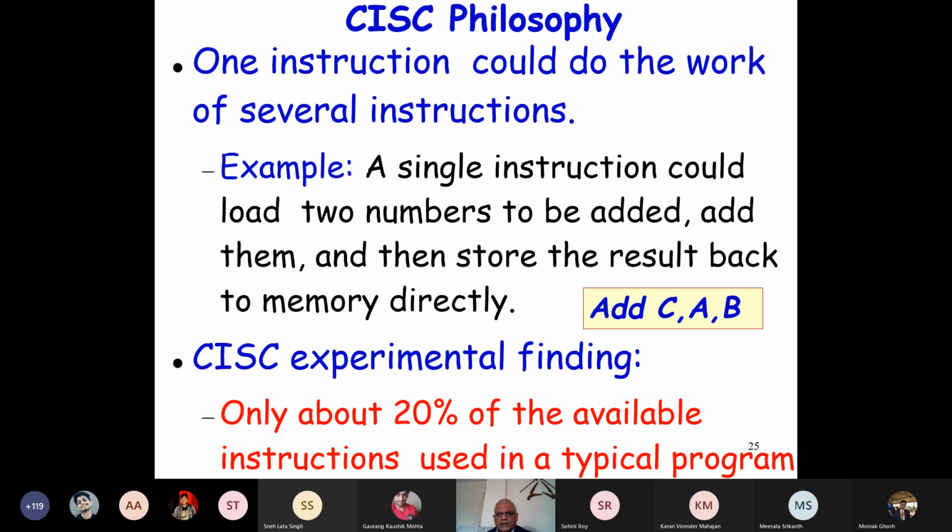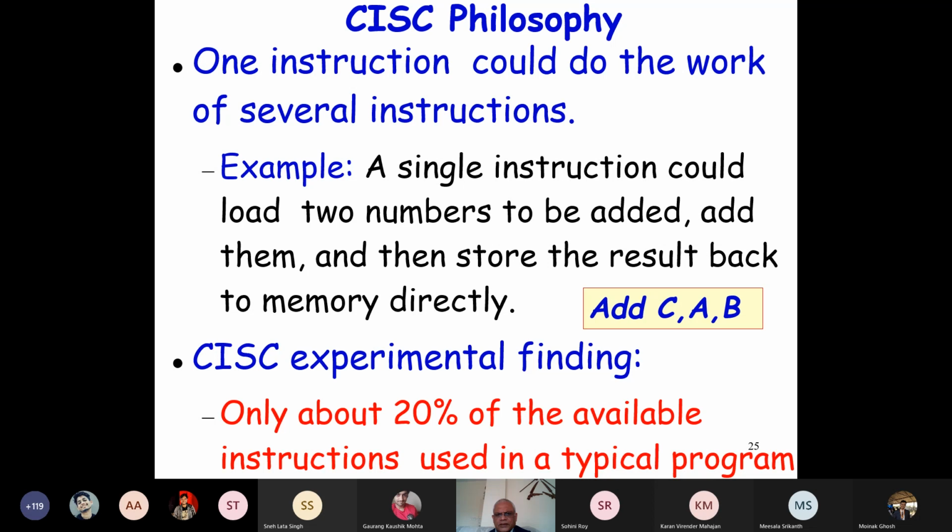And that's why we had a large number of operations, and the philosophy was that doing anything in hardware is much better, much faster than writing a program for that. For example, string comparison, or finding whether a string is a substring. If you write a code, it may take 20 or 30 lines of program. And if you can do that in one line of instruction, then it will run very fast because it will be done in hardware.